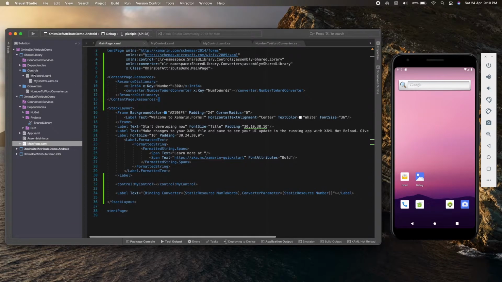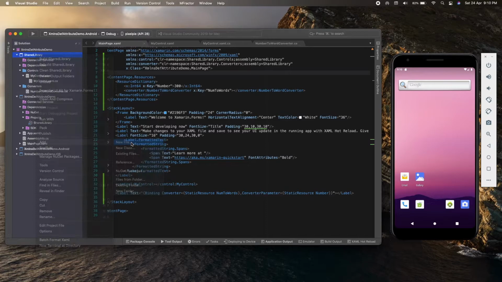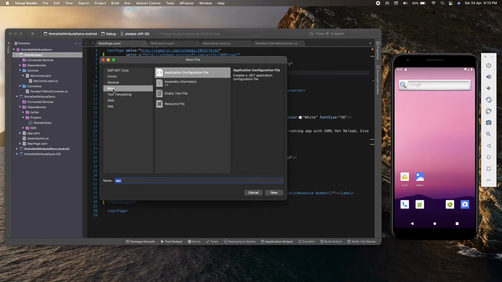For that purpose, we need to add an AssemblyInfo.cs file to our library project. To add that, select the library project, right click, add, select new file option, and under the Misc category select the assembly information and click on new.